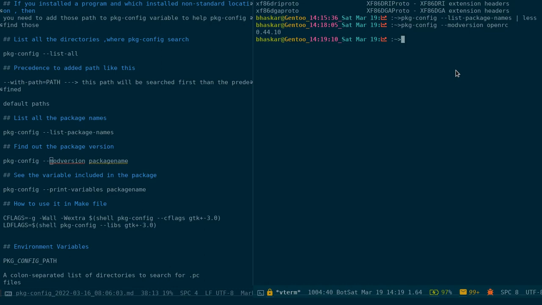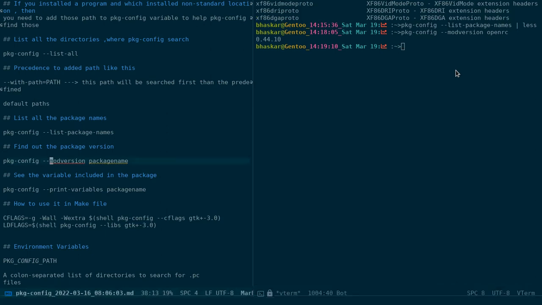Likewise, in the last two commands, you saw the packages enlisted on the screen, right? You can choose any of the packages and write pkg-config --modversion, then the package name. It will provide you the version of it. As simple as that, right? Okay, so here the next,